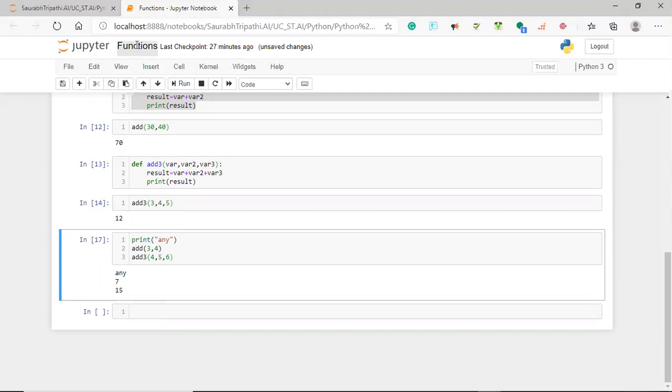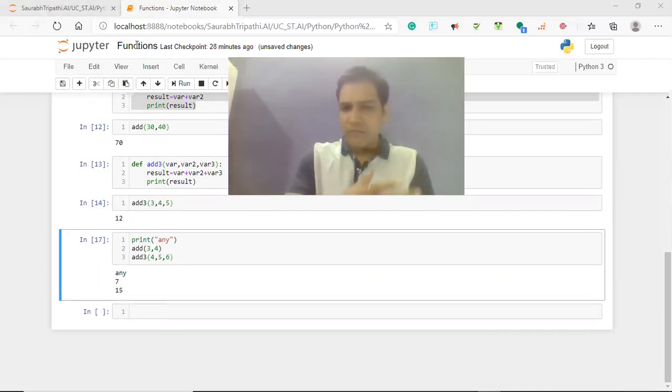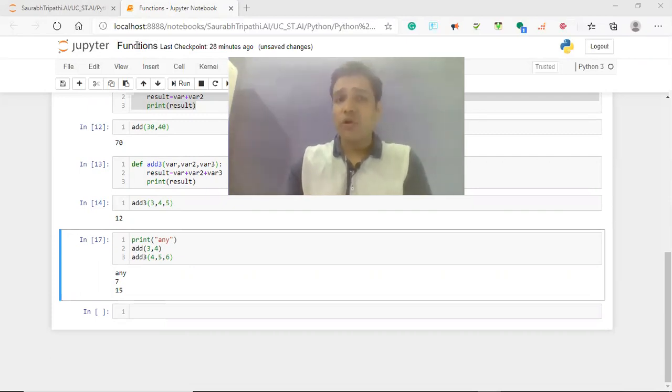So how do we really use this, how do we really implement this? We define a function anywhere in the script. At the top we can define these functions, and we can start writing our project, whatever project it is. And whenever we feel like we want to call a particular function, it can be an NLP function, it can be a simple function, we can call it, and we can edit and modify the data as we like. Okay, that is the power of a function.